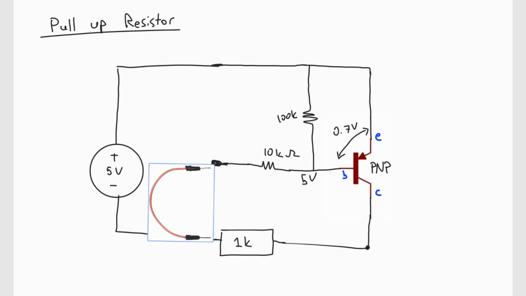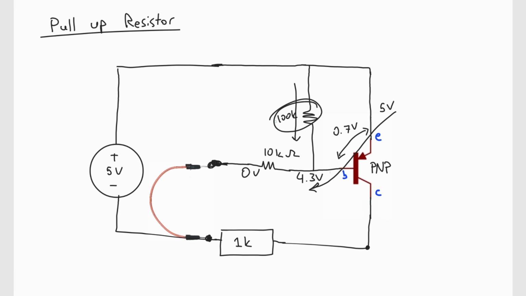And after we connect the jumper wire, this is going to be 0 volts and we are going to see 4.3 volts here and 5 volts here. So the current is going to flow out of the base and it's going to turn on the transistor. A tiny bit of current is going to come from this way, but that's fine because it's a very tiny amount of current because of the large resistor. So now you know how to operate a transistor as a